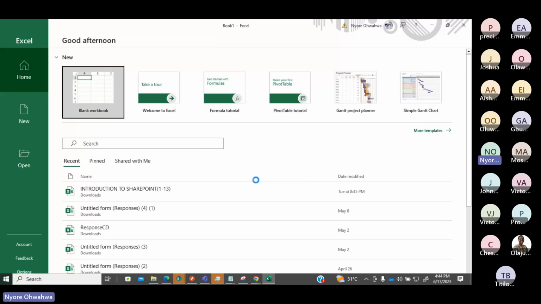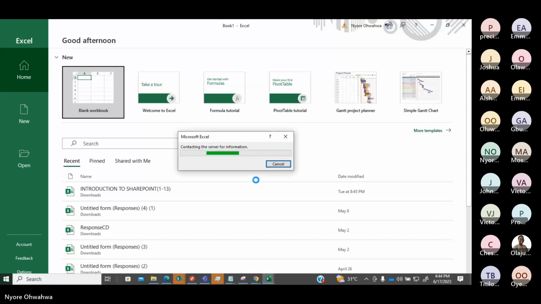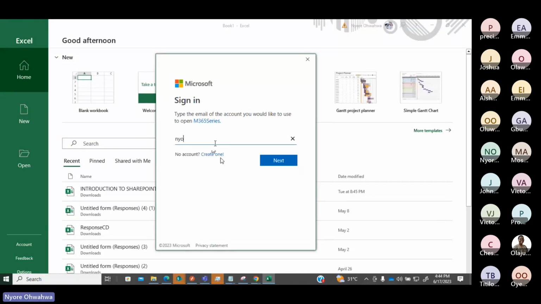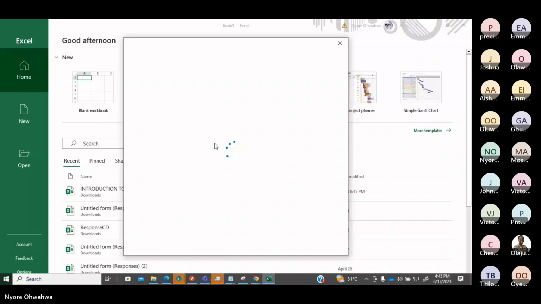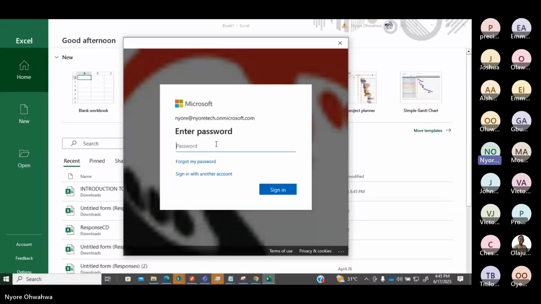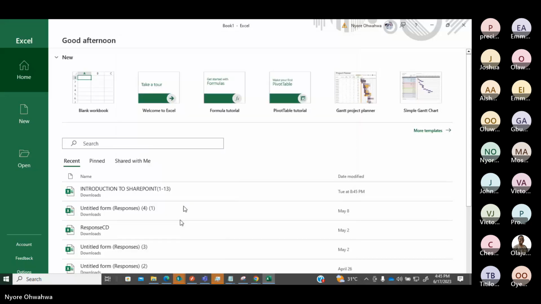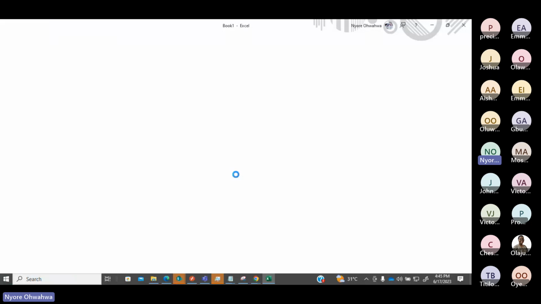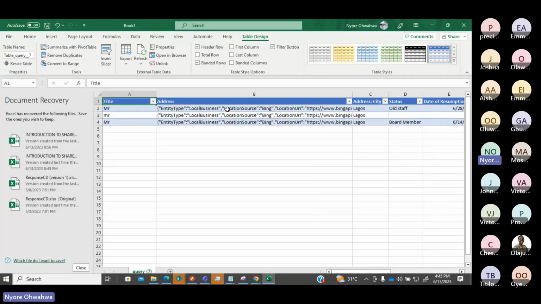Let's see if I can sign in. Okay, so I'm having issues opening this, but I'm sure you understand what I was trying to do here.